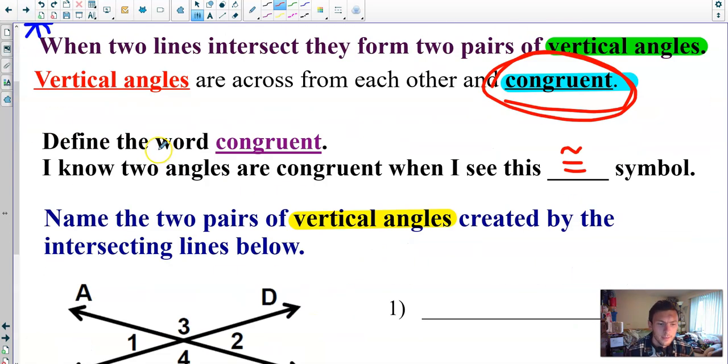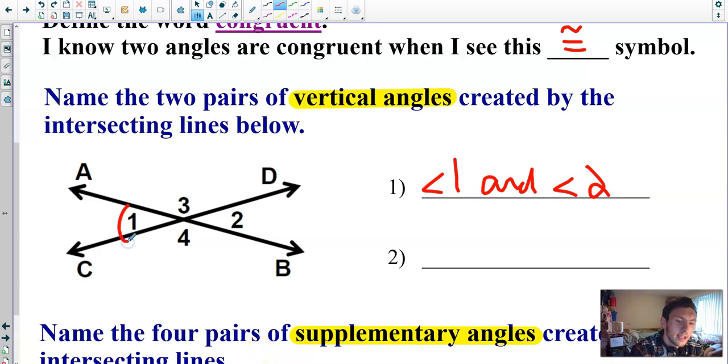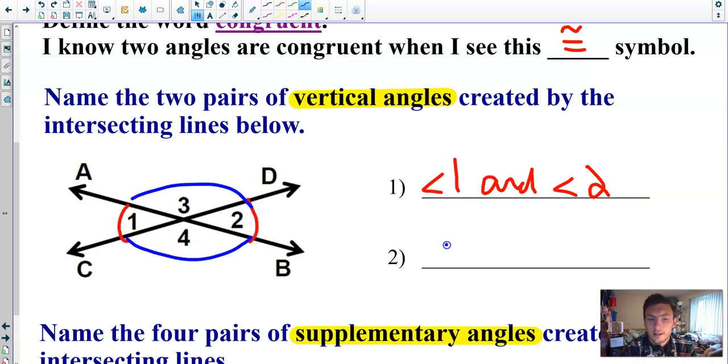So back to this one. The vertical angles are angle 1 and, in this case, angle 2. You have to look at how it's numbered. So here's angle 1, and it's across from angle 2. And then the other pair is angle 3 and angle 4. I could draw that a little better. Angle 3 goes from here to here. Angle 4 goes from here to here. So angle 3